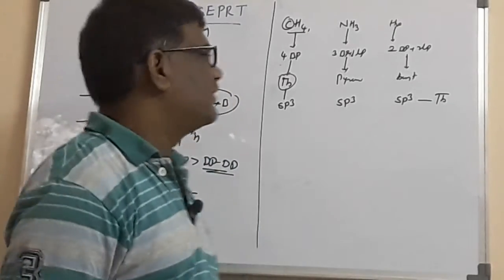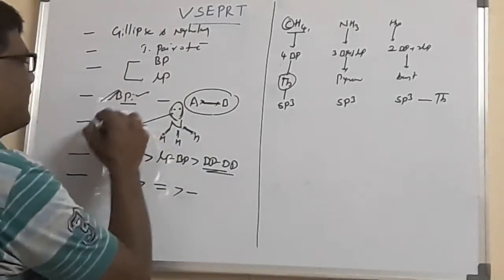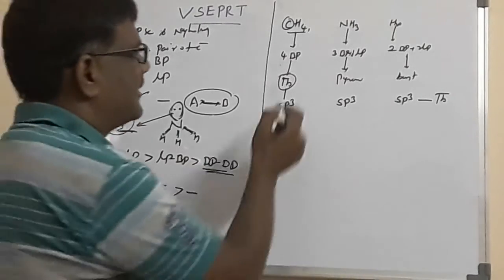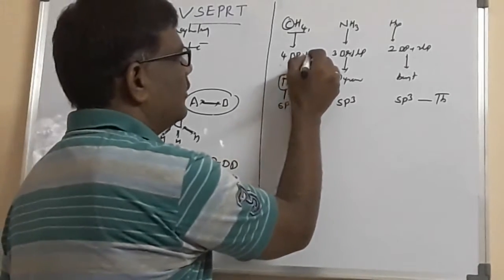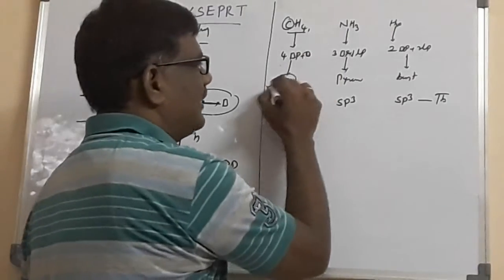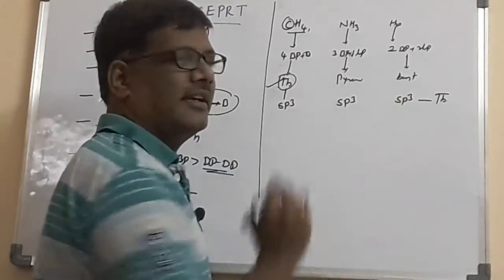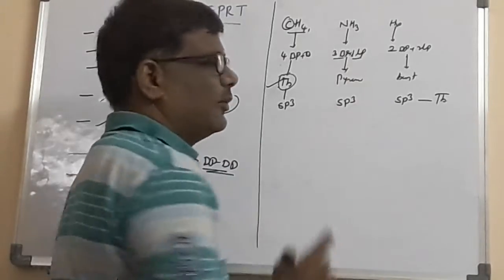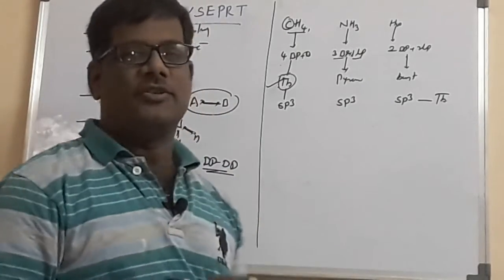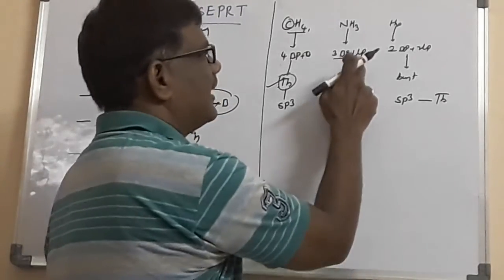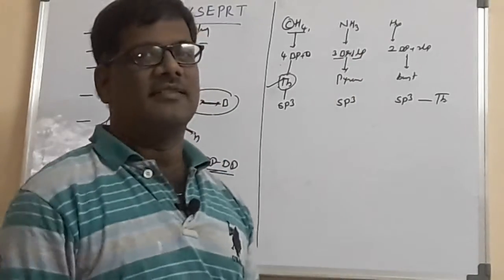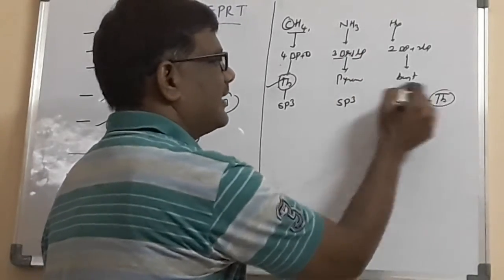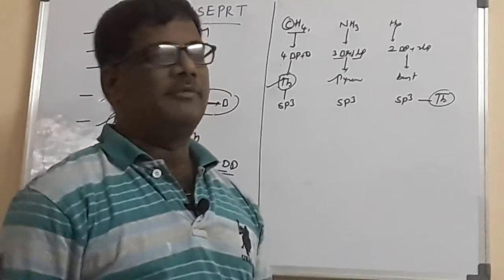The shape of the molecule depends on the total number of bond pairs and lone pairs. When lone pairs come in, repulsion ultimately takes place. Here, 4 bond pairs and 0 lone pairs, so the shape stays as it is, and that's why you get the tetrahedral molecule. Whereas in ammonia, 3 bond pairs and 1 lone pair. One lone pair has entered, and due to this there exists lone pair-bond pair repulsion. Whenever there is repulsion, the shape is no longer tetrahedral. It changes into pyramidal.